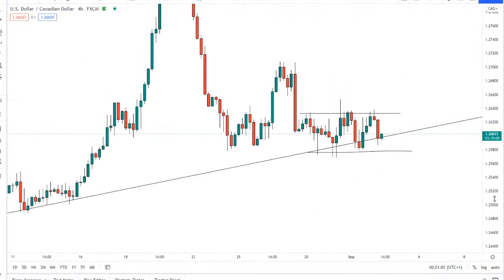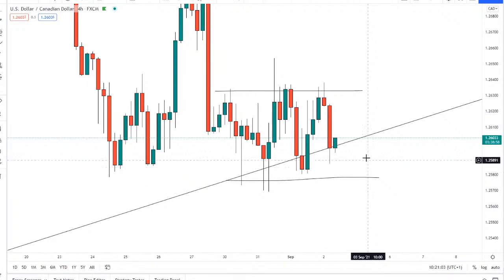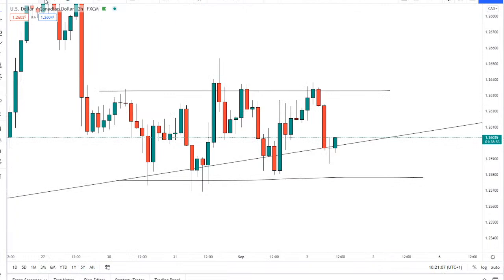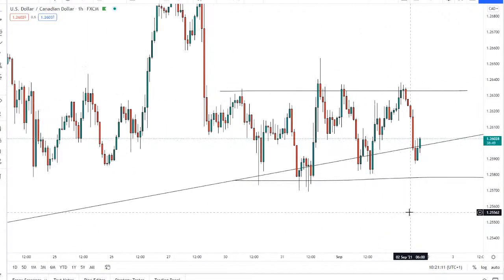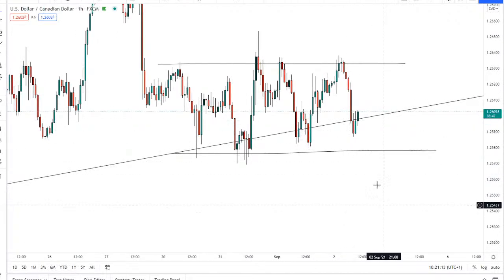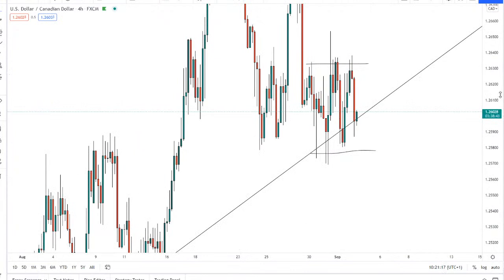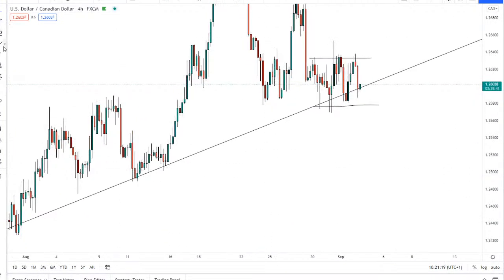Looks like price is trying to break through it. Again, I'm not going to say it will, because this price action is a little bit messy, hard to decipher what price wants to do. With all this momentum we're seeing to the downside, I probably expect it to break and see a big move to the downside. And again, like I said, if we do break through the trend line, the next area I see USD CAD heading to is this area here,